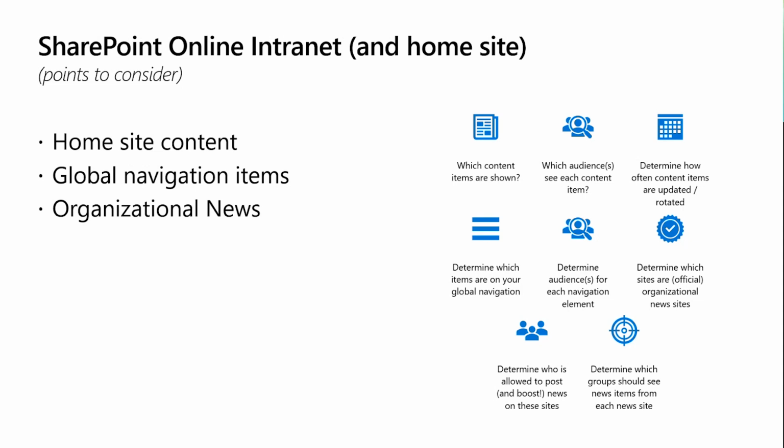Determining which sites are official organizational news sites. In SharePoint, there's a way to make a site an organizational news site. Your home site is that by default, so you have at least one if you've put in a home site, but your news sites are official news. They get special designation visually. You'll see that it comes in as company official content. It gets a little bold title in the news feed. I think it's either 50 or 100 that you can have, but determining which ones are going to be those official sites is important, so that as employees see content, they might pay a little bit more attention to official posts than other things in their feed.